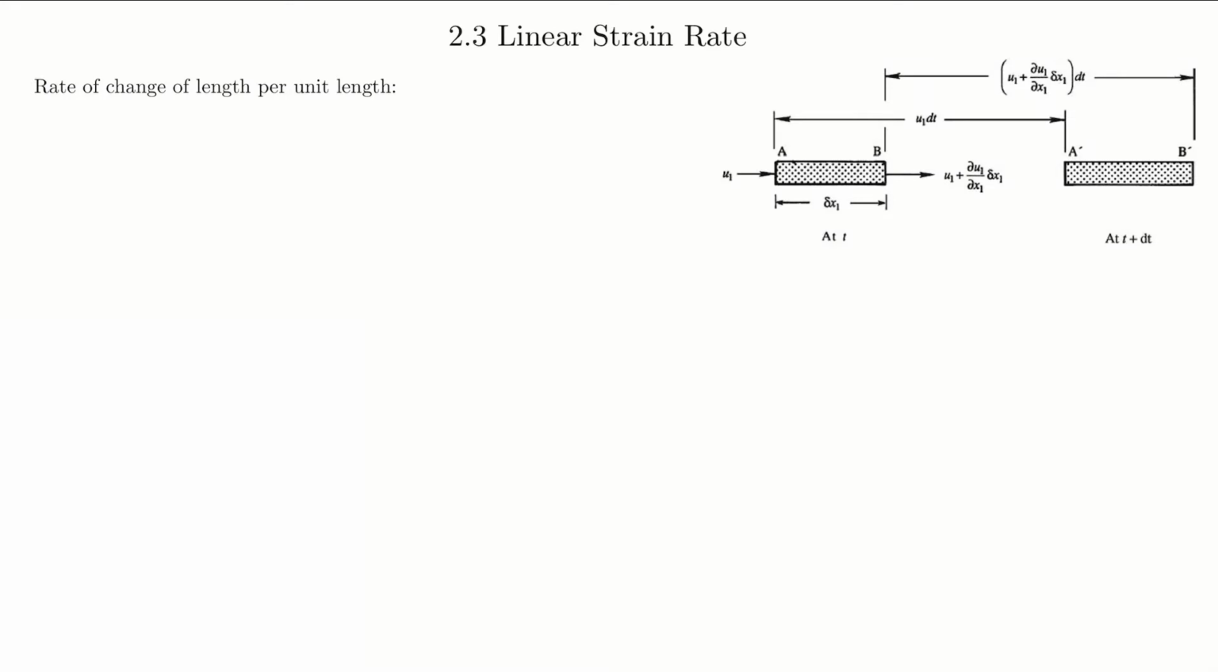In solid mechanics, we would just say strain, but we're going to say strain rates here in fluid mechanics because it continues to deform. Okay, so how do we write this mathematically? So we want the rate of change of length per unit length. So from our figure, our length is delta x1. So per unit length, 1 over delta x1. And the rate of change